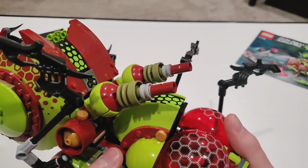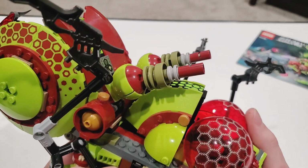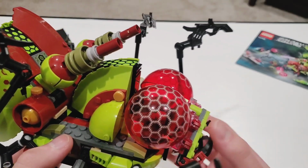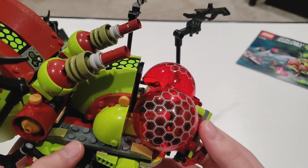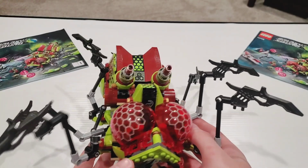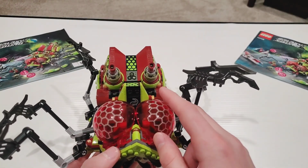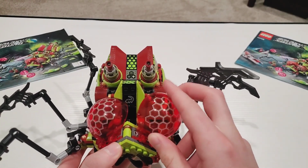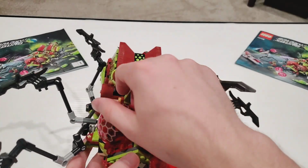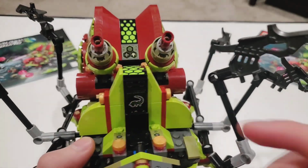There's some gold bits spread throughout, and then some engine detailing like back here to keep that bionic but alive look that the Galaxy Squad theme has. The head uses 2 of these bubbles for the cockpit's eyes, and then they have this really nice print for the bug eyes with the hexagon pattern, and you can open these up to reveal the cockpit, which has a